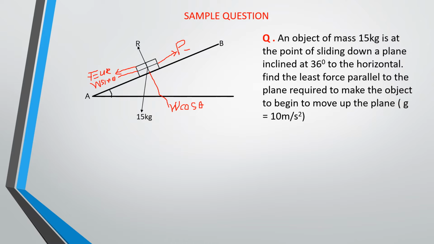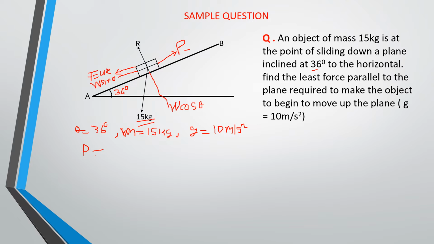For this particular problem, we are given the angle of inclination to be 36 degrees, and the mass is 15 kg. Alright, so g is given to you. So here we have theta equal to 36 degrees. We also have that the mass of the object is 15 kg. Then you have g given to you to be 10 meters per second squared. Alright, so if we use the equation that we derived before,